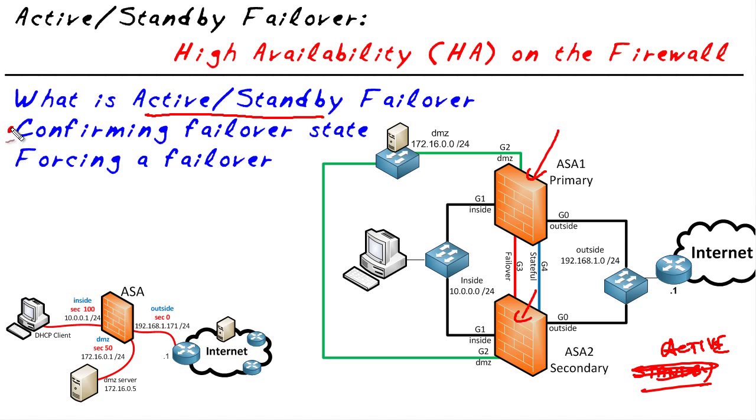We also took a look at how to confirm the state of a failover device with show failover, and then we also forced a failover by simply taking the primary and rebooting him. By doing the reboot, the secondary firewall, which was currently standby, didn't see the poll messages being responded to and said, oh, the other guy must have a problem,